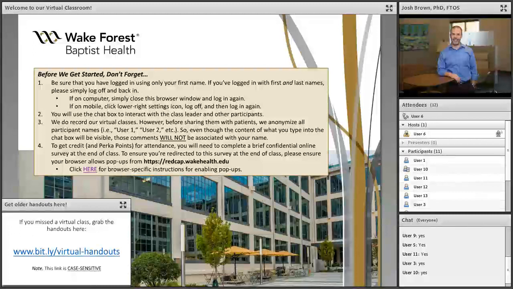So thinking about things like video visits and virtual classes and some of the stuff that enables us to basically track patients when they are not in the clinic. And so that's what this class is focused on.